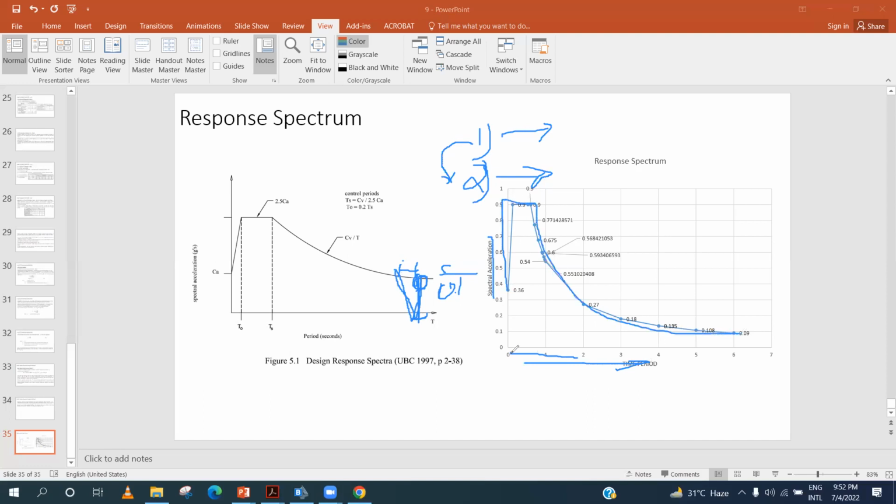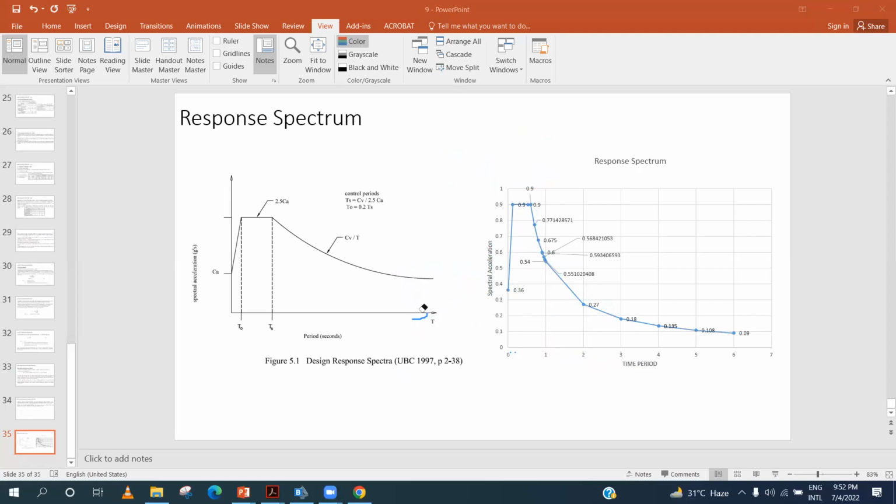So for example, for 0.1 this will be the spectral acceleration, for 1 it will be a spectral acceleration, and for 2 it is the spectral acceleration. And one thing more, what is multi-mode? As I told you, the uniform load method works on the basic principle that we can analyze the structure as a single degree of freedom system,